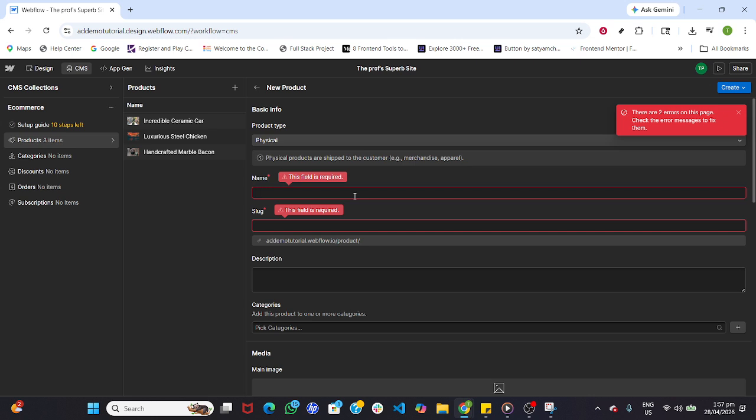Finally, open Activity to view a simple log of changes and publishing actions for this item. When you're done exploring the sample, remove it so your project stays clean. Click Delete on the product, and then